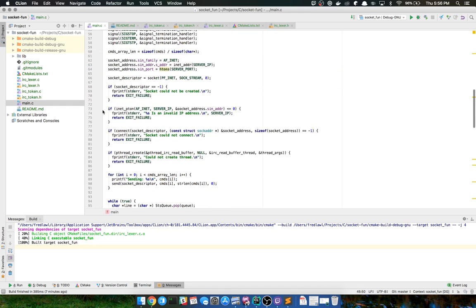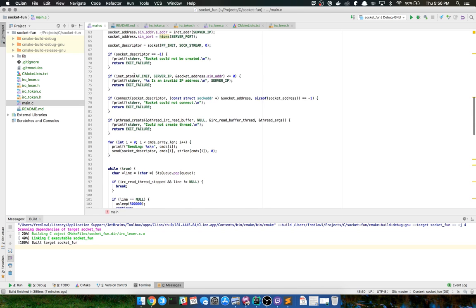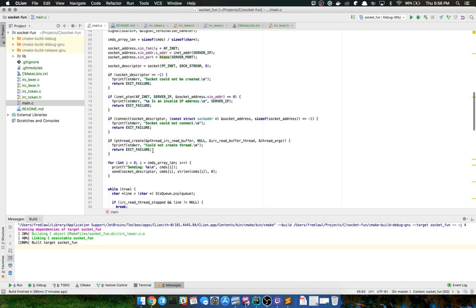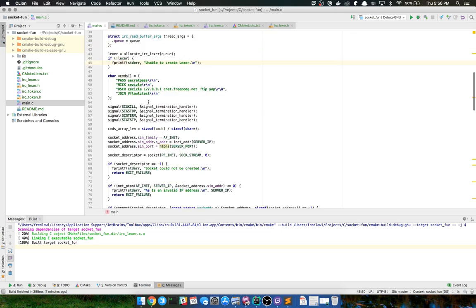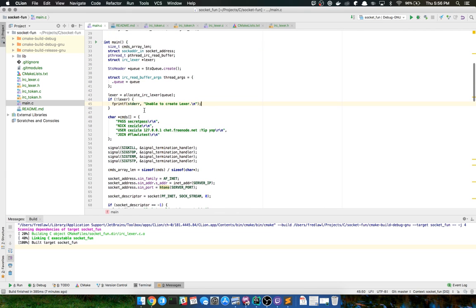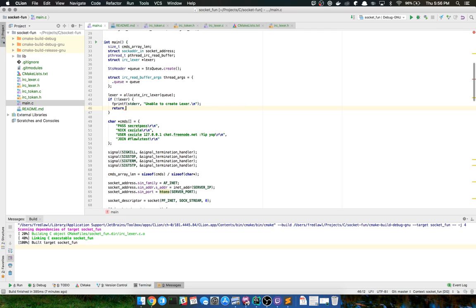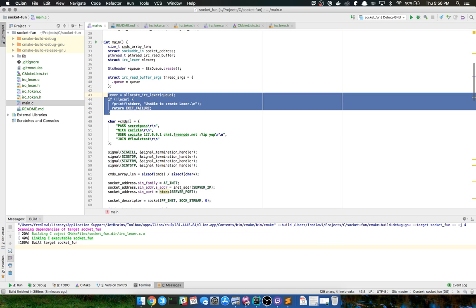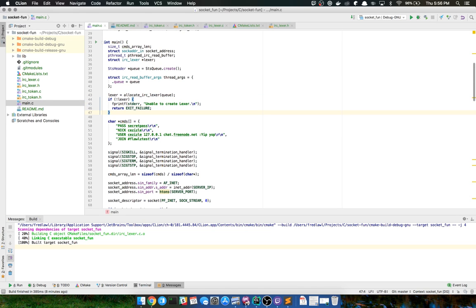Really what I ought to do is, I have a lot of breaking statements here. This would be a great case for a goto statement to do cleanup of this main function after the fact, but I'm just going to ignore it for now, because what happens is that this process, if it kills right here, it should clean up that memory anyway.